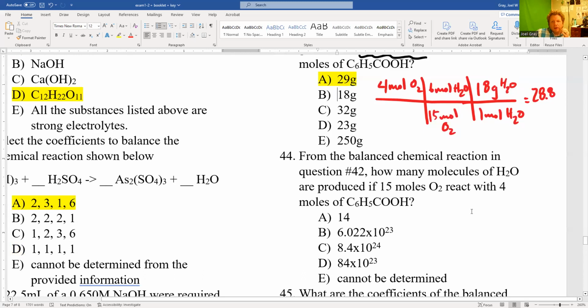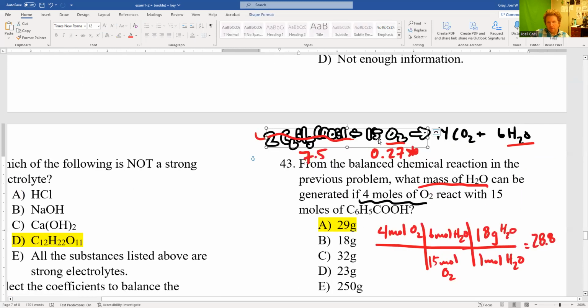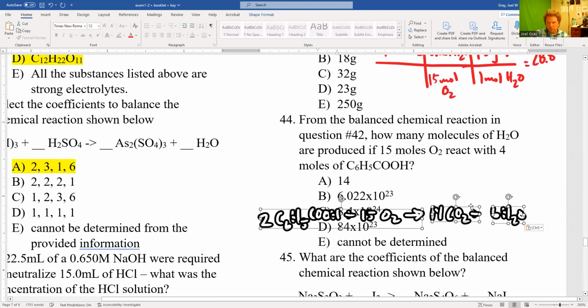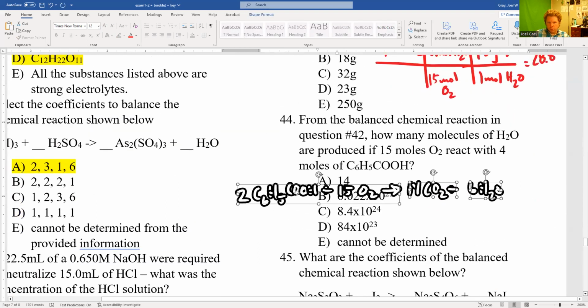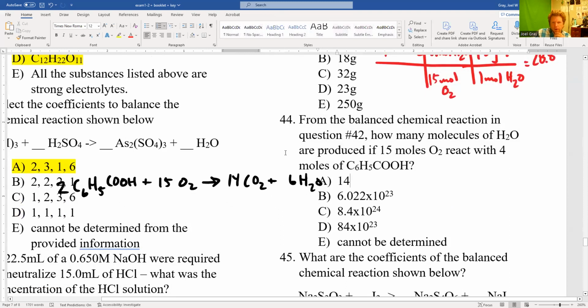From the balanced chemical reaction in question number 42. Got it right here again. And I'll just go ahead and copy it. Oh, yeah, there we go. Okay. How many molecules of H2O are produced if 15 moles of O2 react with 4 moles of